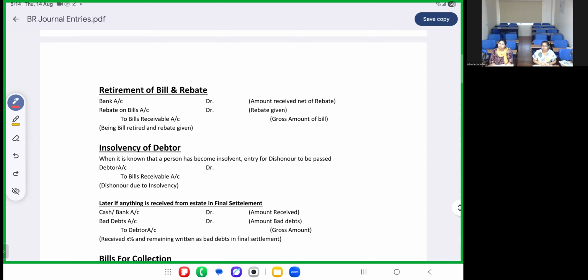It is expense for whom? Me, Ramya. Yes. It is income for whom? Sarita. Yes. Okay. So we are doing it in the books of drawer. So in the books of drawer, it is an expense because he is letting go 200